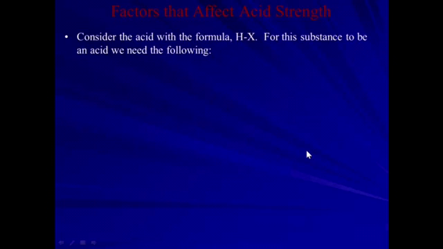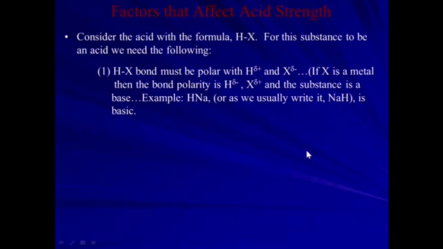Consider this, an acid with the formula HX. For this substance to be an acid, we need the following to happen. The HX bond must be polar. Occasionally, you might have the X being a metal, and so the bond polarity would flip. If that were to happen, the substance would be a base. So there is one example, but this is very rare, like I said, HNa, or as we usually write it,